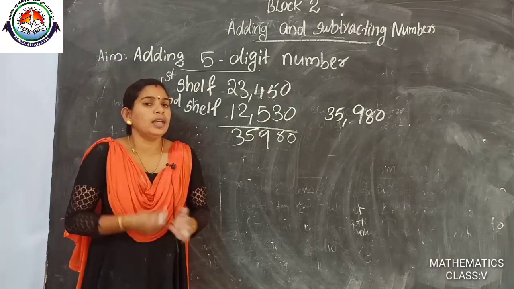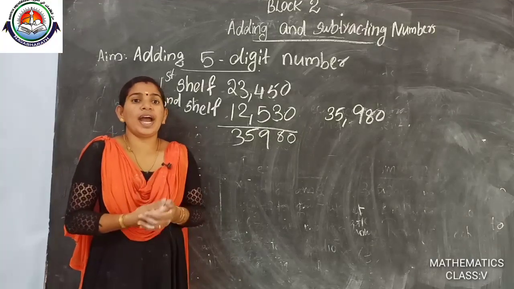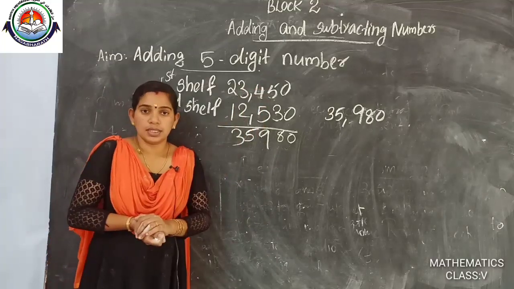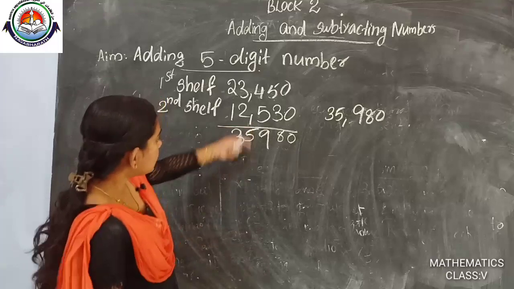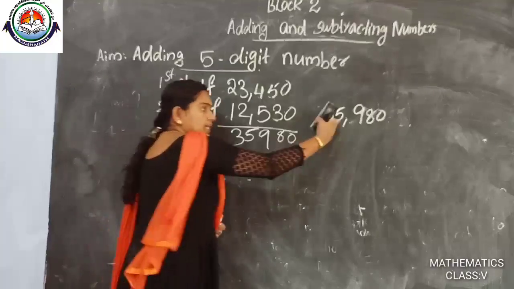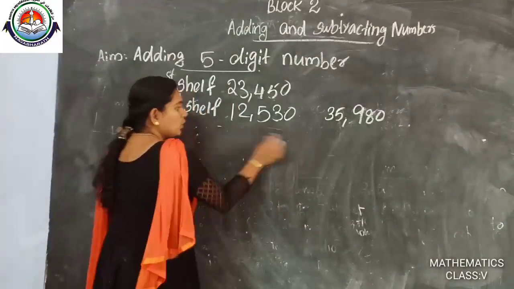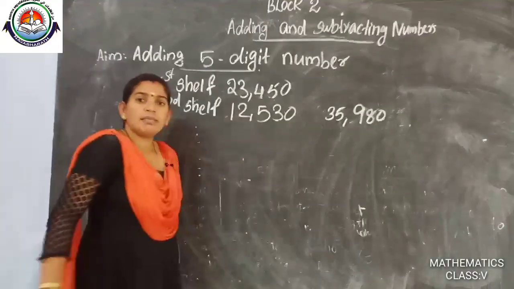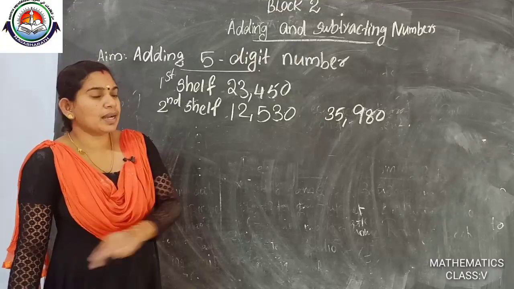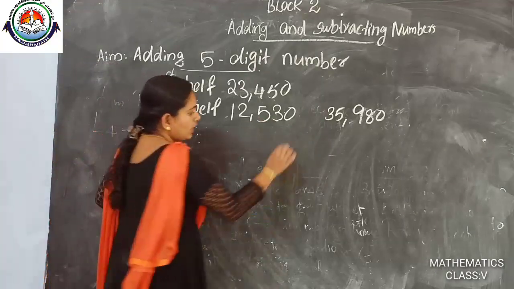Then every time when we are visiting the shop, are we carrying the abacus? No. Then we want to check how to add these 5-digit numbers without an abacus. Are you ready? Okay. The same numbers we will check. I wrote the answer here. We will check against the same answer. We have the same method; instead of the abacus, we are writing a place value chart.